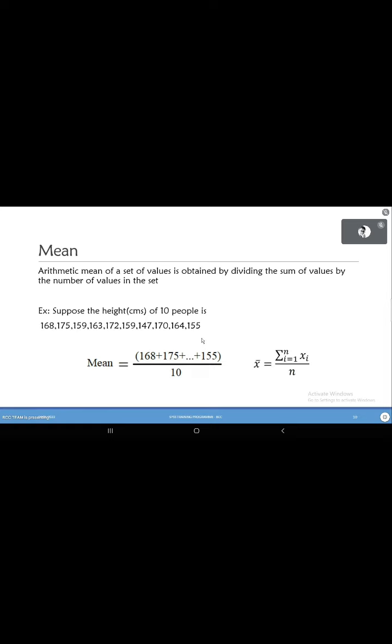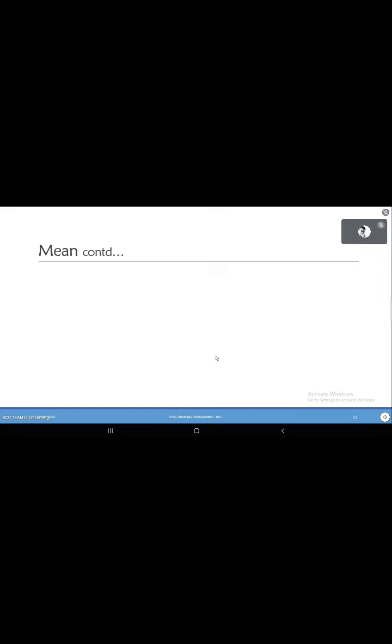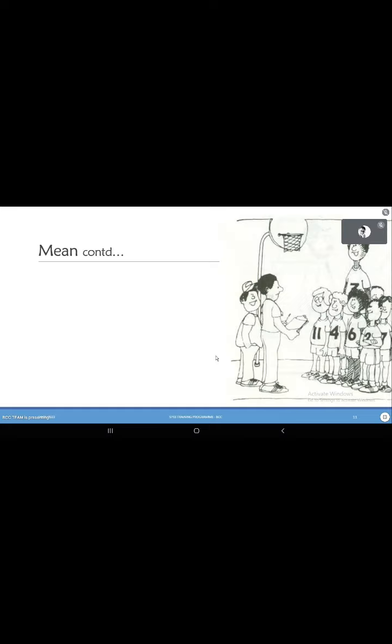If I have to show it mathematically, this is the formula. Of course, imagine if you have 500 people who have responded and mentioned their height. You can't sit and manually calculate that. That's the reason we have software that will give you the value of the mean within seconds. But it is always important that you understand the theory behind all these calculations, so that's the reason I'm giving you this small introduction.